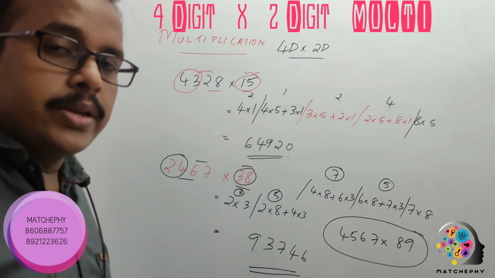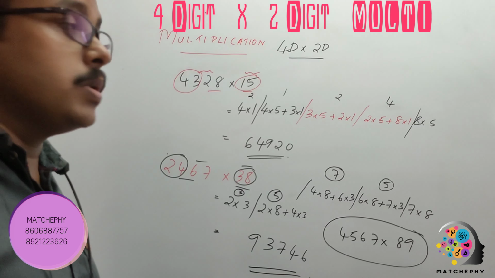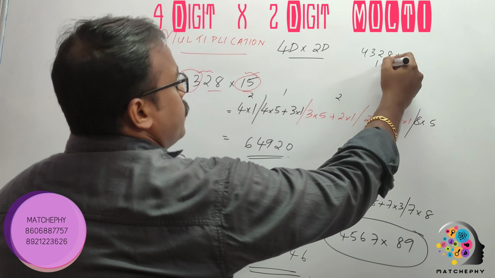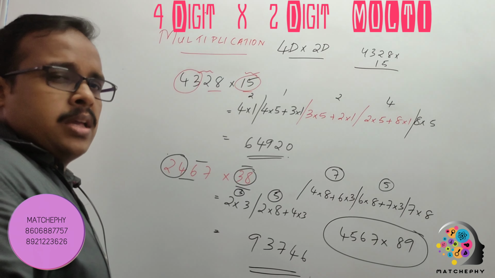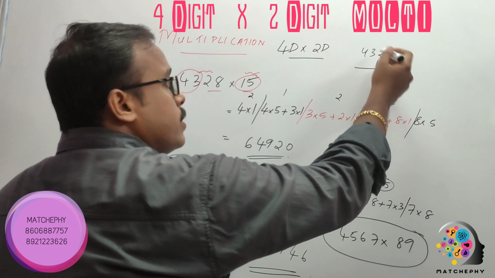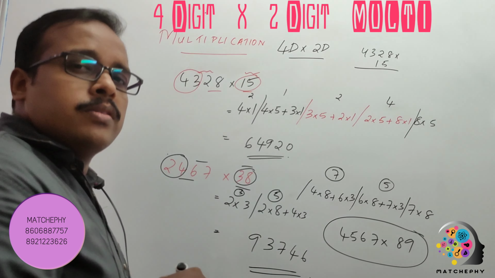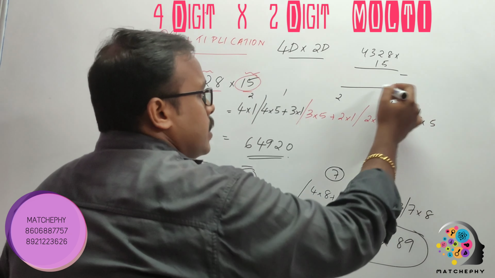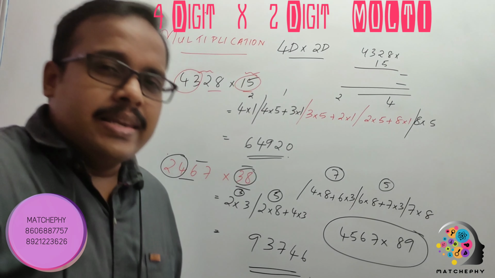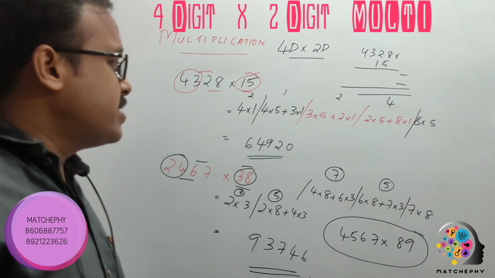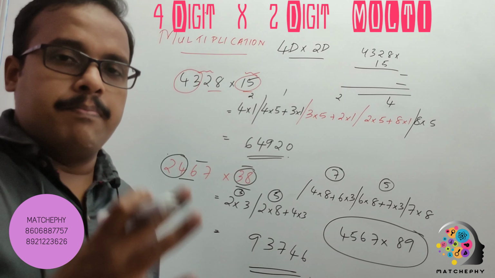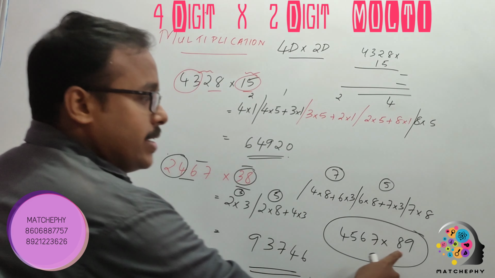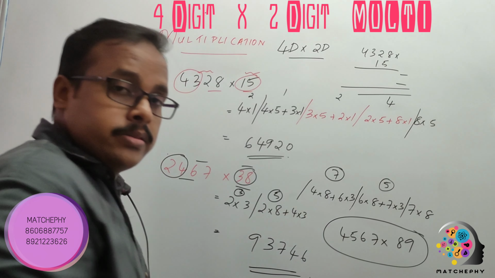Because for 4 by 2 multiplication, the normal procedure will be what? If you are writing this 4, 3, 2, 8 into 15, if you are going to write, okay, then you will do all the things here. 5 into 8 plus 2 into 5 plus 3 into 4 plus 4 into 5. Then you are writing it here the first thing. Then 1 into all this again second step. Then we are going to the last step. I think at least you will say minimum of 5 to 10 seconds if you are doing it like this. Minimum. Okay. Because 15 is very easy. What about 89? Again you will have to do all the things.